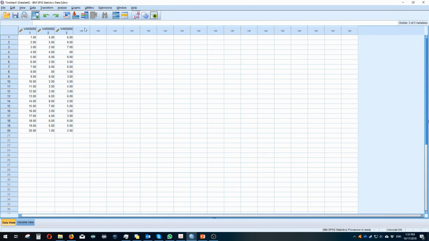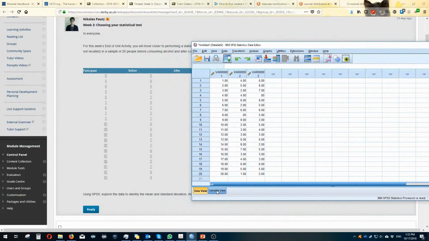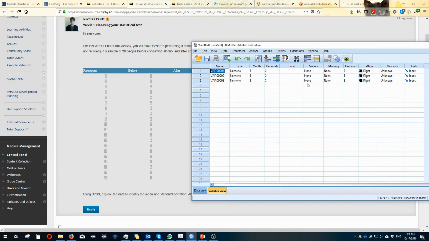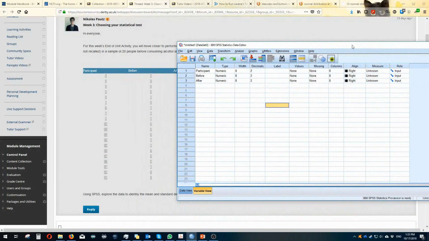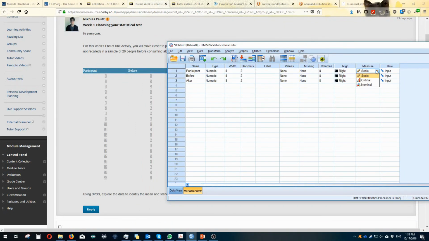Right, so the next step would be to then name our variables. I suppose participant isn't really important, but we'll just add it anyway. Before and after. Alright, so you could do this manually. So just looking at our measures here. So participant would be